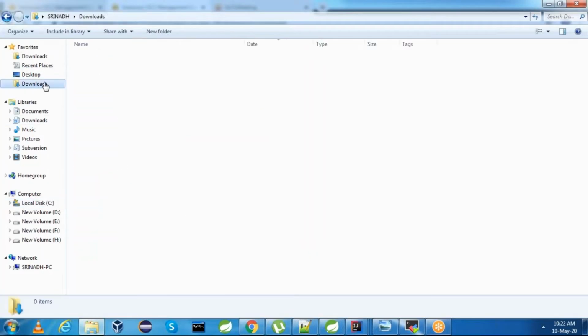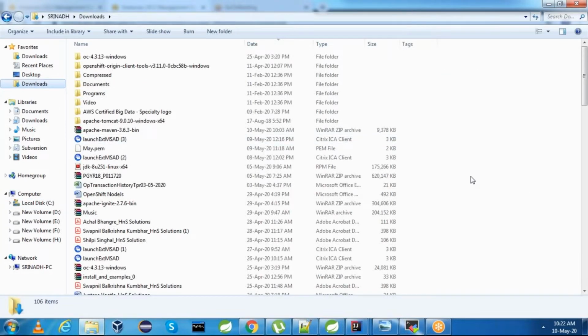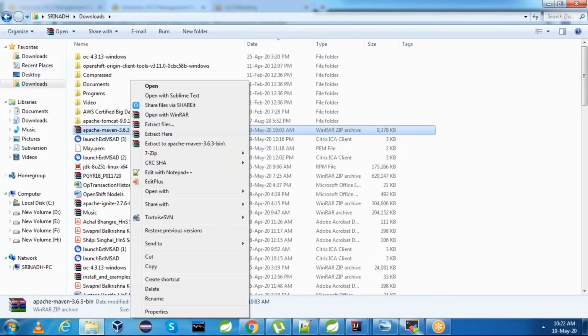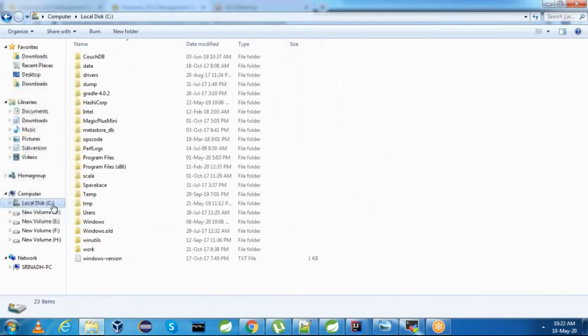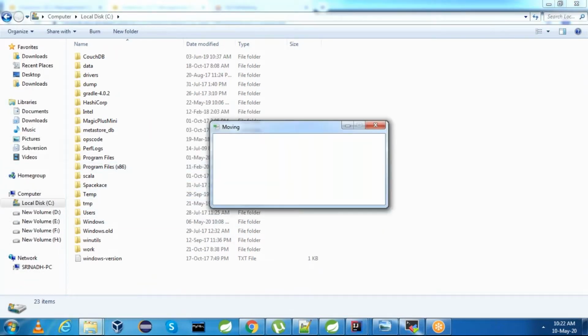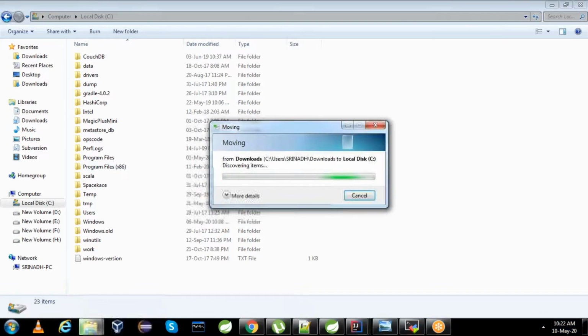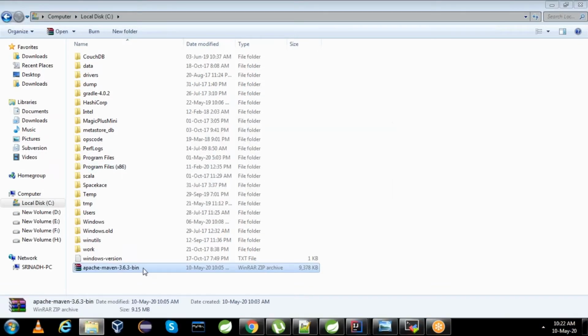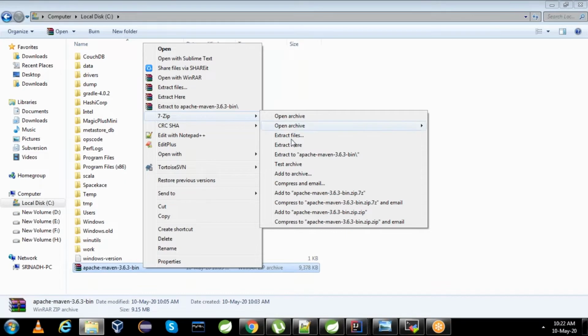Go to downloads, and I have Apache Maven here. Go to C and paste it here, and extract this directory.